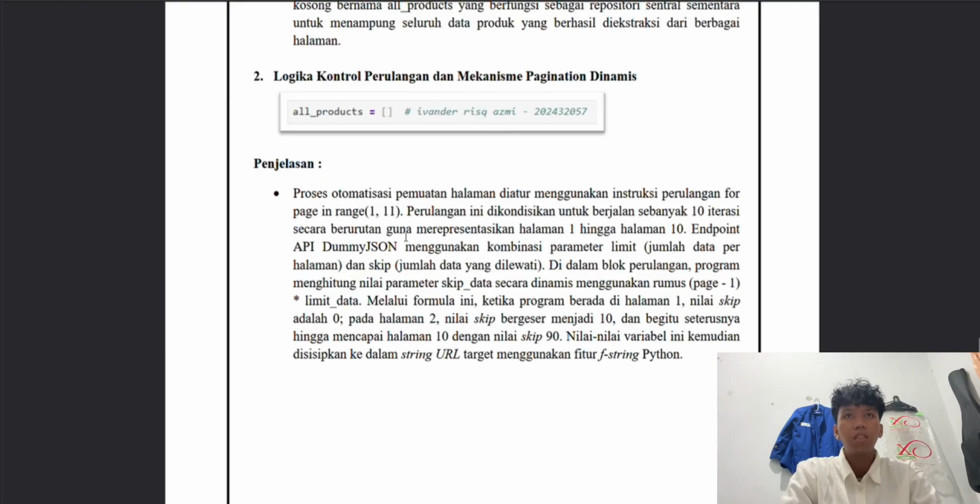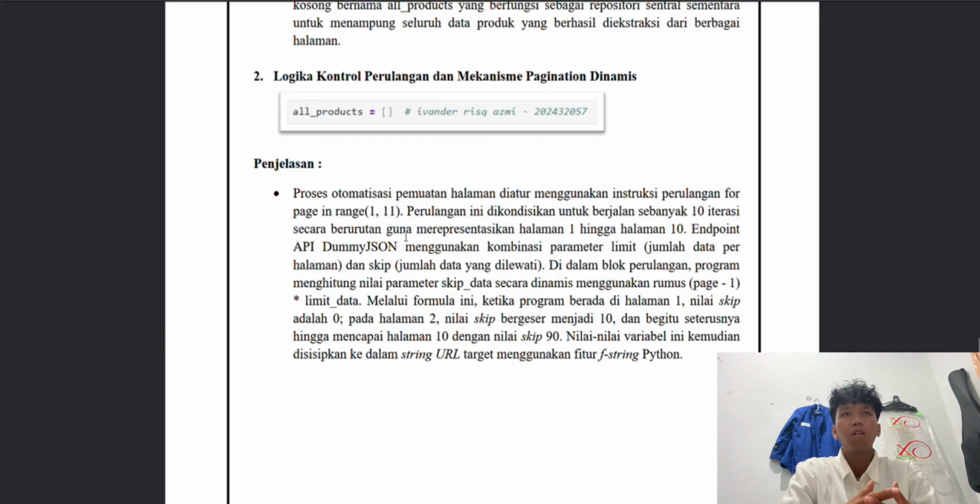The primary challenge here is adapting to the target API URL parameters. The DummyJSON endpoint uses a combination of the limit parameter, the amount of data per page, and the skip parameter, the number of data rows to be bypassed per page. The program dynamically calculates the value of the skip parameter using a mathematical formula.